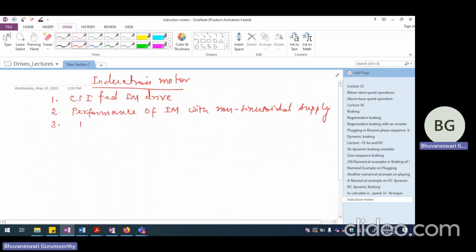Then we will talk about FOC, field-oriented control of induction motor drives. And we will conclude the topic of induction motor with direct torque control of induction motor drives. So these are the four topics that we will be dealing with one after another in the next